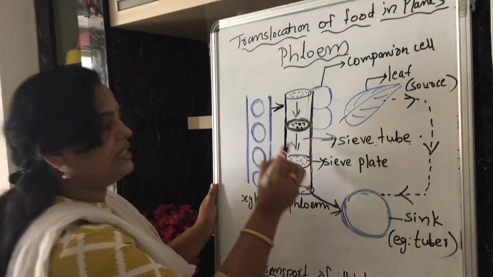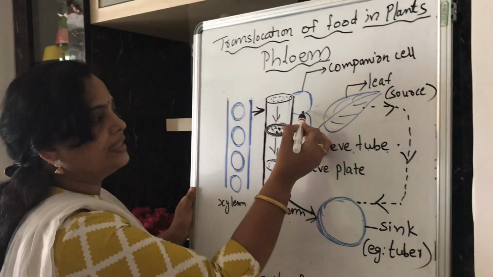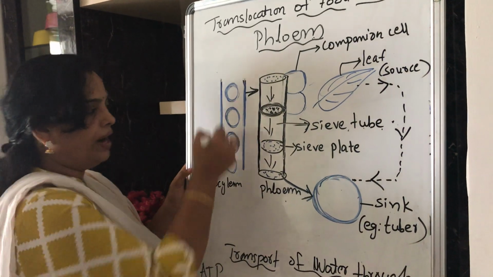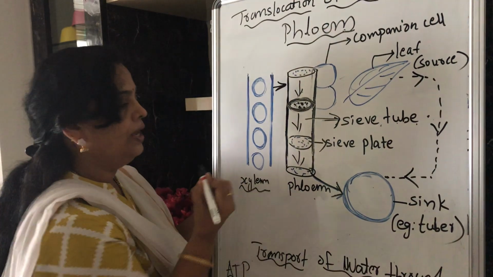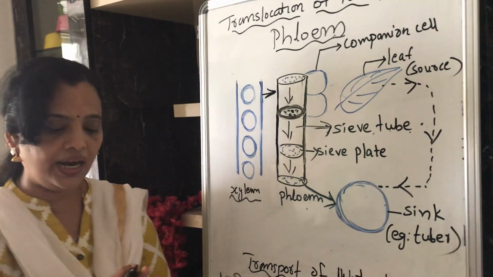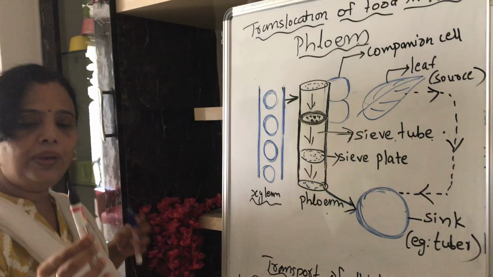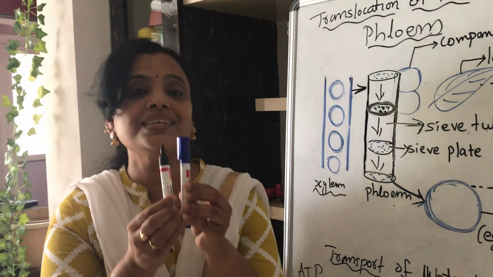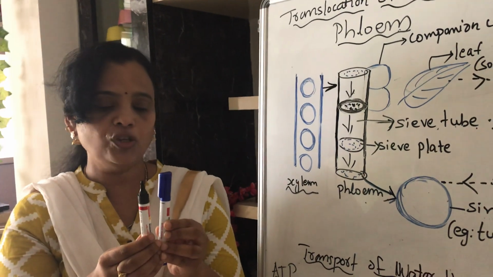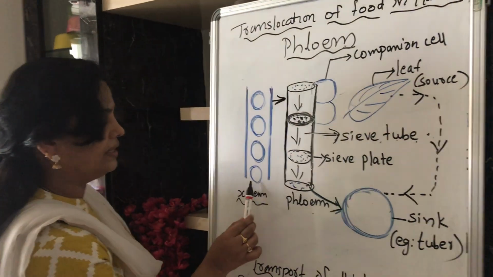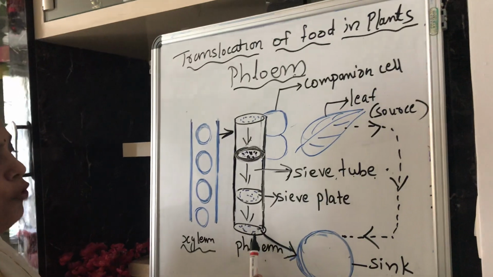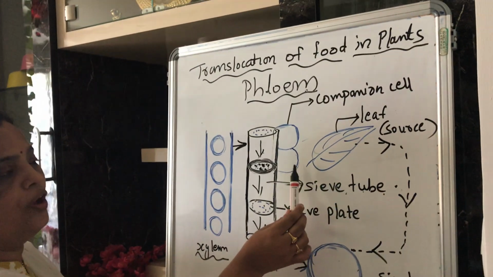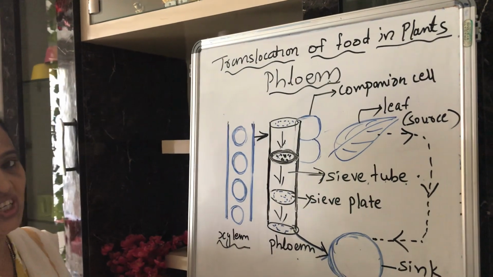Yes, children. So this is the sieve tubes of the phloem and this is the companion cells of the phloem. Beside this blue one is xylem. You know that both lie side by side. Now this is the phloem, and this will be the xylem. Both will be running side by side at the center of the plant body. So I just represented the xylem here with blue and the phloem, the sieve tubes, with black. Okay, and companion cells of the phloem again with blue. I hope the picture is clear.